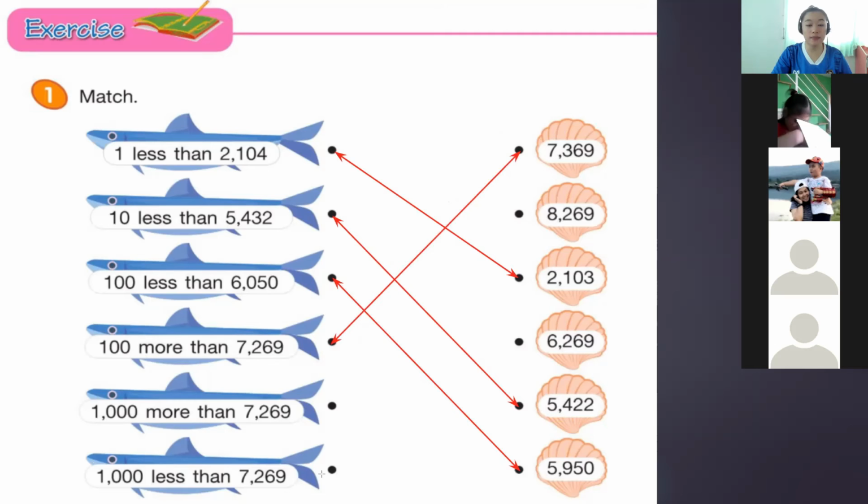Okay, next statement, we have 1,000 more than 7,269. You're going to add 1,000 to 7,269. So it is equal to 8,269. Okay, and then the last one, we have 1,000 less than